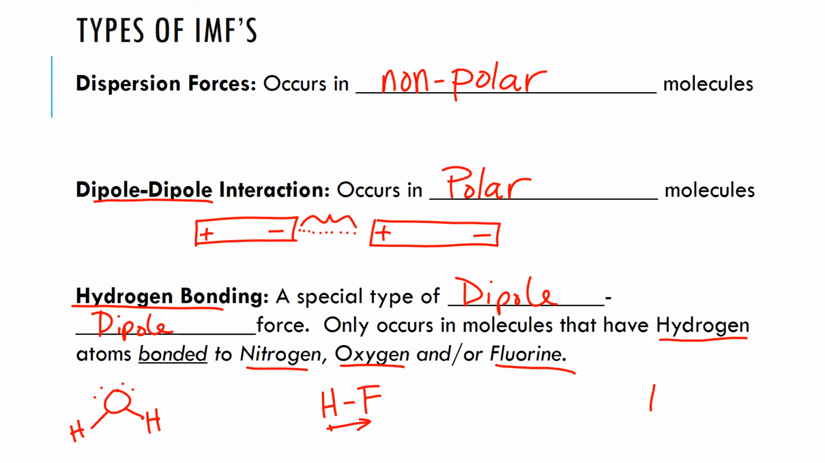The last example would be ammonia, which is NH3. Again, we know that this is a polar molecule because of the lone pair of electrons on nitrogen. And since nitrogen atoms are bonded to hydrogen, we can say that it has hydrogen bonding as its strongest intermolecular